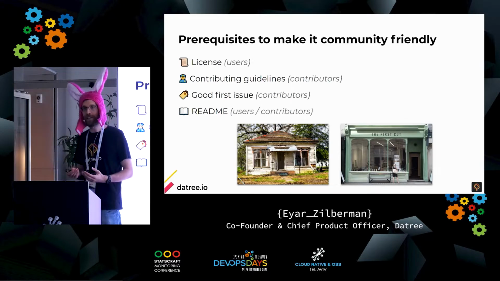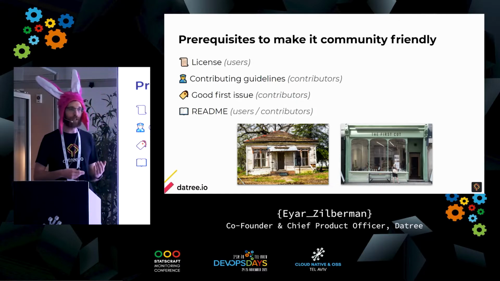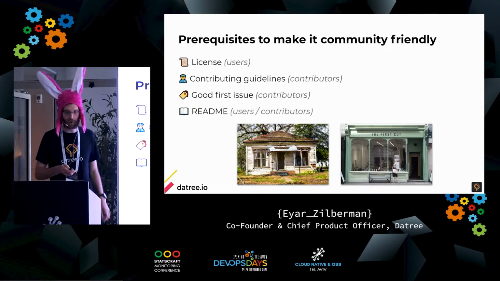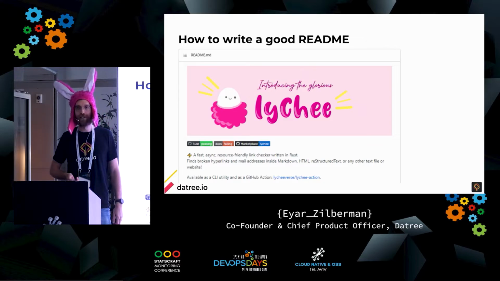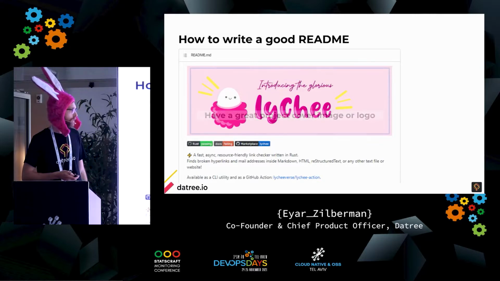So the README is the same. It's the front of your application. It's what will make people decide if they want to try it, if they want to see if the coffee is actually good. And here there's a use case. I'm going to show you a README file from an open source project that I really like, and I'm going to point out the really good stuff that they're doing there.